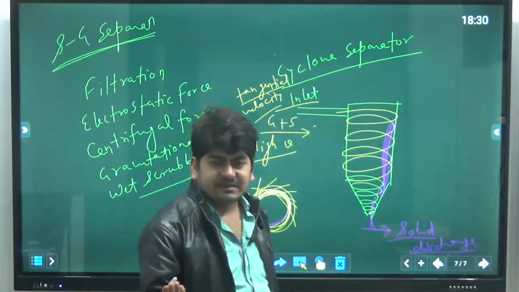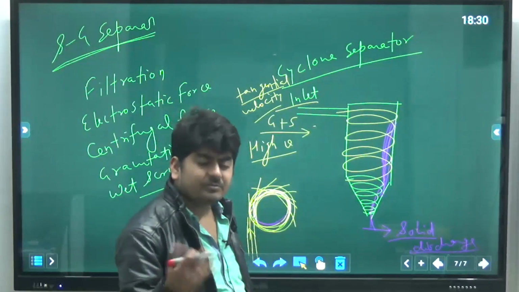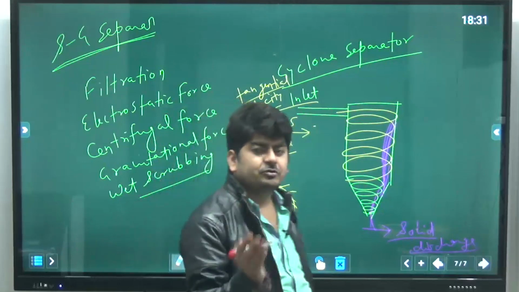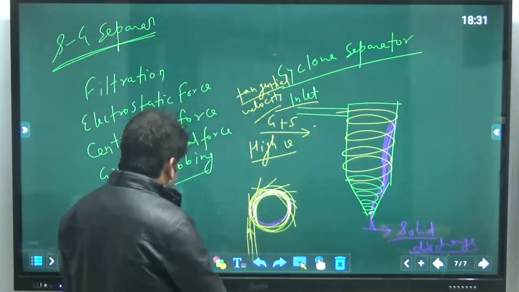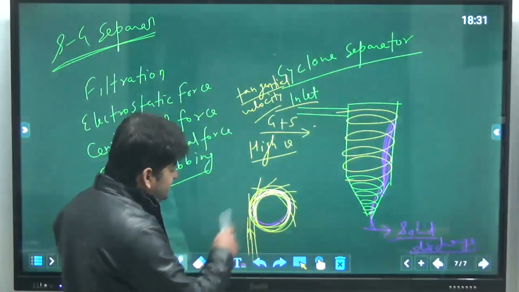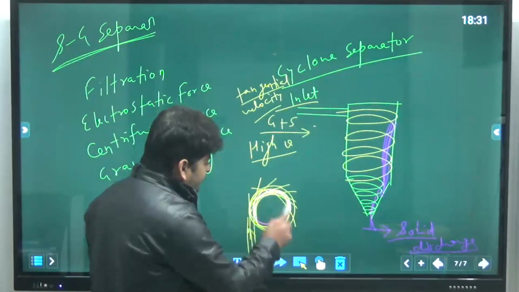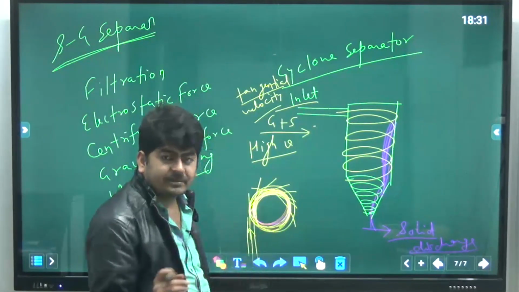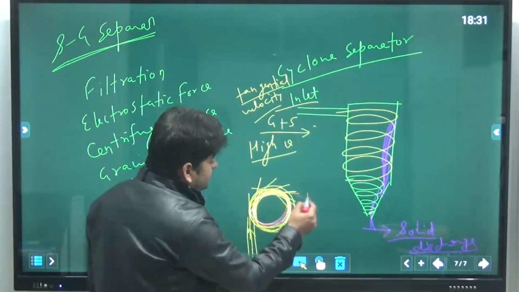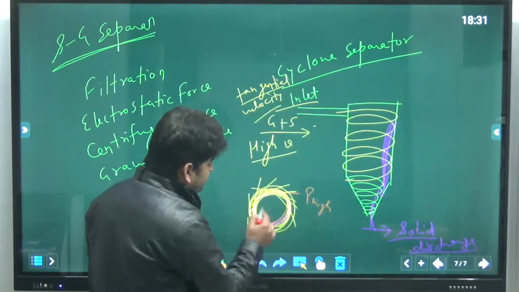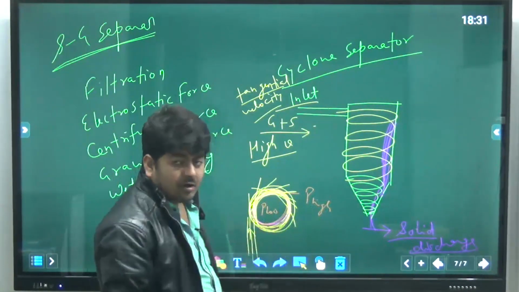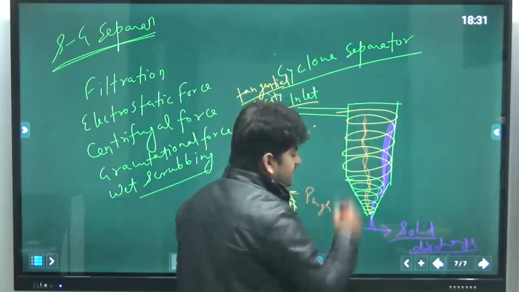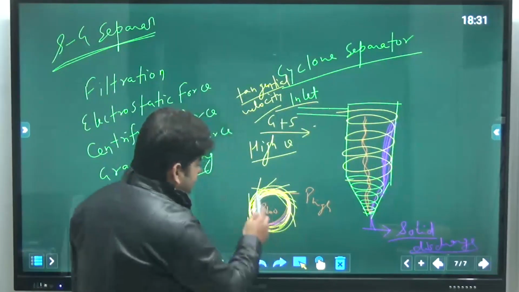First, the tendency of gas is to move from bottom to top, and second, the pressure difference. The fluid always flows from high pressure to low pressure. So what will happen in this case, as you can see, since all gases are moving along the walls of the container, the central region is almost empty. Pressure near the walls will be high as compared to pressure in the center. So these clean gases will move in the center part.